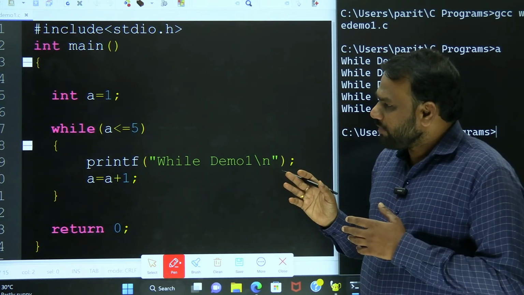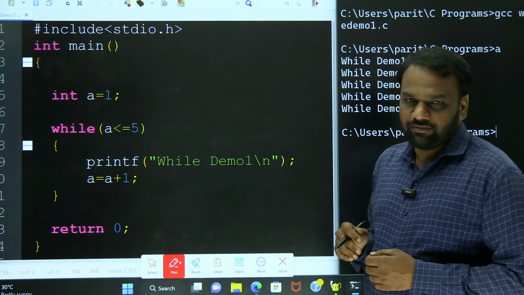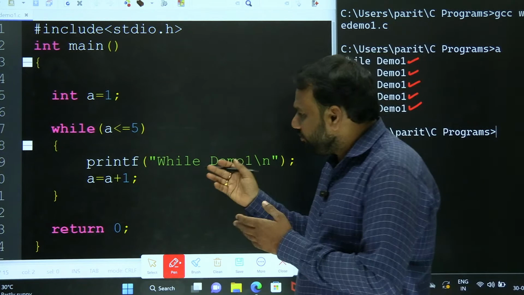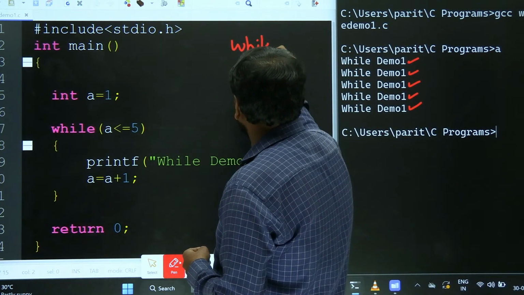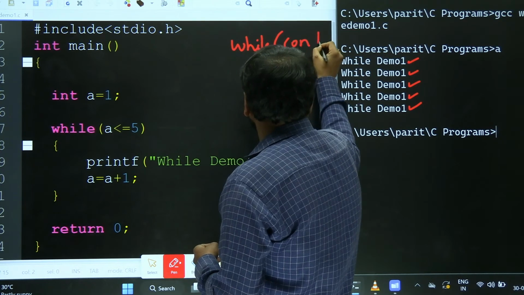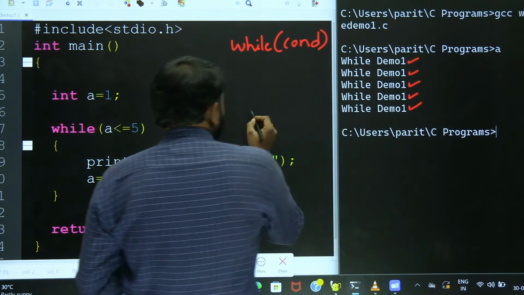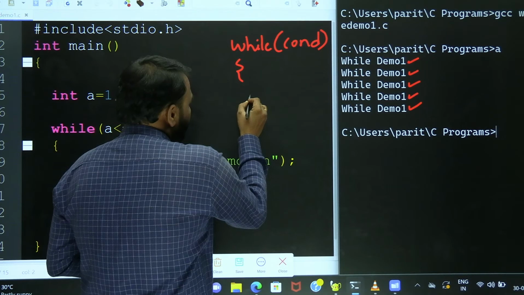So how does this program work? We shall try to trace it. Before going to this program, first let us understand about the while loop. While condition. So whenever there is a while loop,